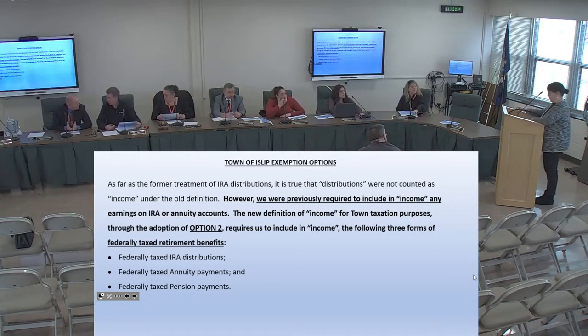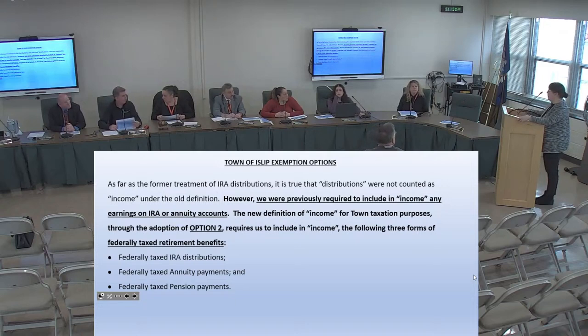This is brand new New York State legislation that was enacted as part of the 2023 New York State budget bill. So it is brand new. This is the very first year that our office will be determining income under this brand new definition, plus the obvious differences between how the county wants income defined and how each school district wants income defined.